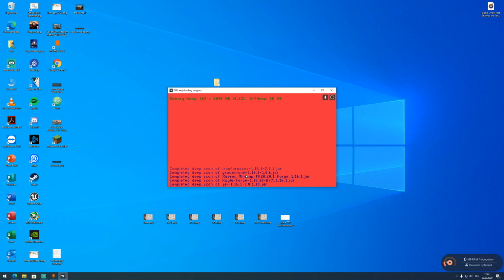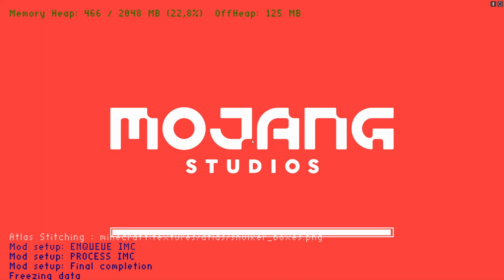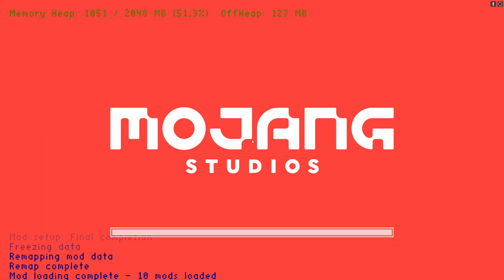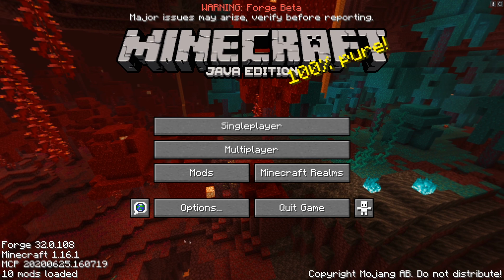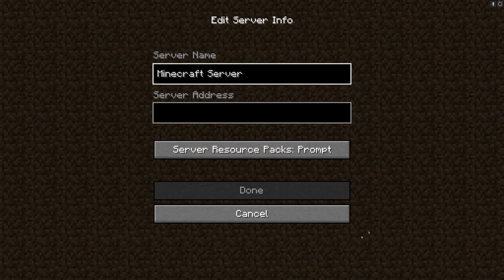Now starting Minecraft may take a bit longer depending on your system because it has to load all the mods. After Minecraft started, you want to go to multiplayer, add server. For server name, you can type in whatever you want. I'm just gonna write in